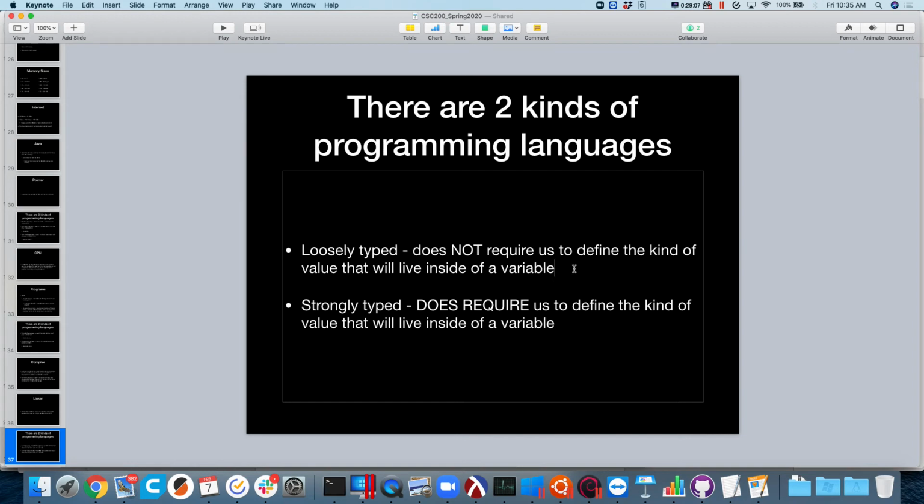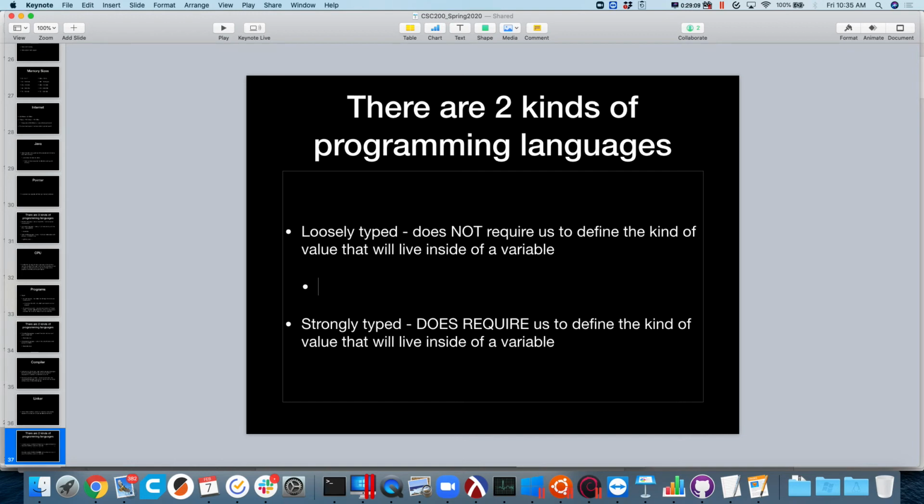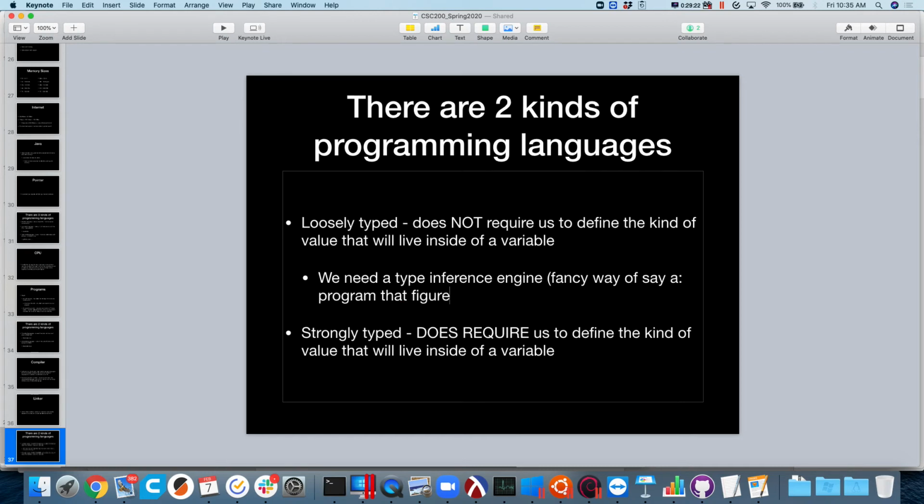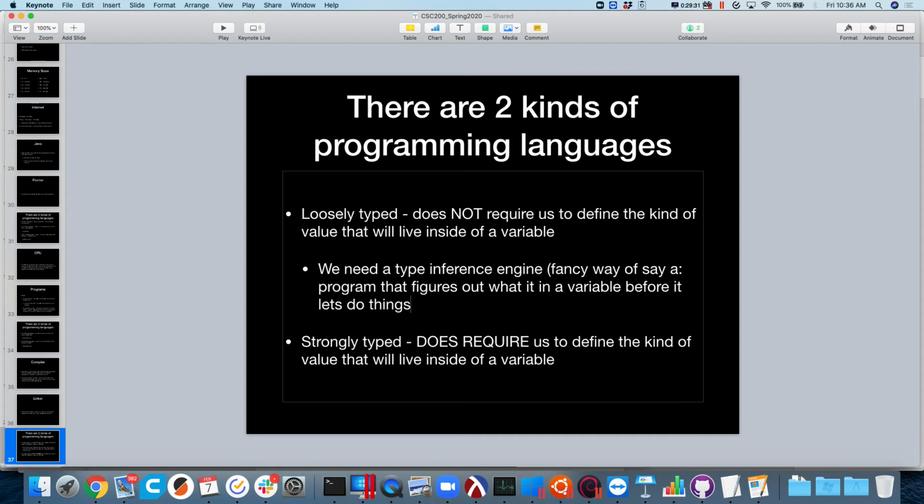What does this translate into? In a loosely typed language, we need a type inference engine. Fancy way of saying a program that figures out what is in a variable before it lets you do things with it. Okay, so for example, if you're going to do some math with a variable named a,